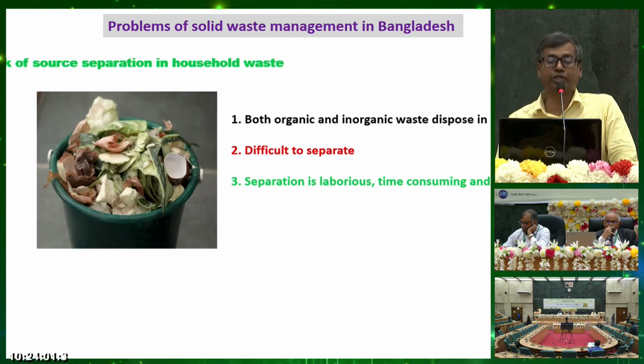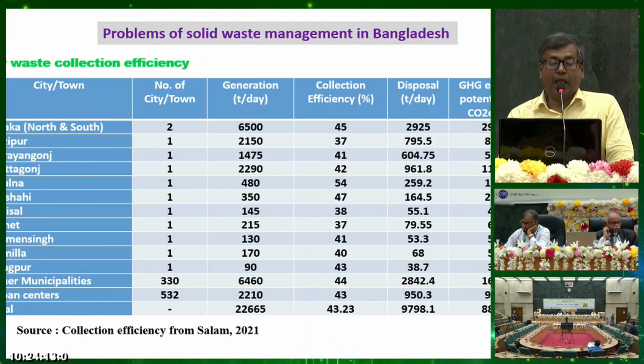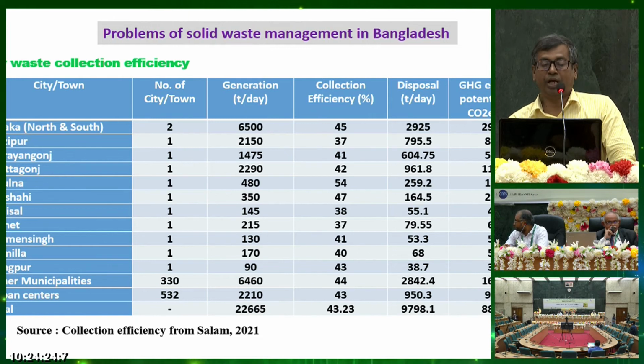Lack of source separation in household waste. We know that both organic and inorganic waste are put in the same bin in every house, so it is difficult to separate. And low waste collection efficiency is also a problem. In the city towns I am showing here, in this column, collection efficiency is almost 43 to 45% on average, and disposal I am showing in this column, and greenhouse gas emission,